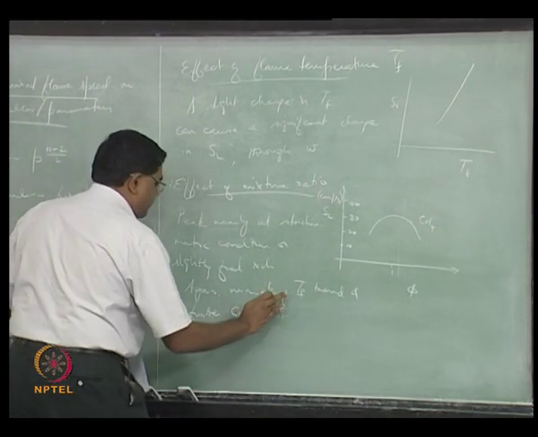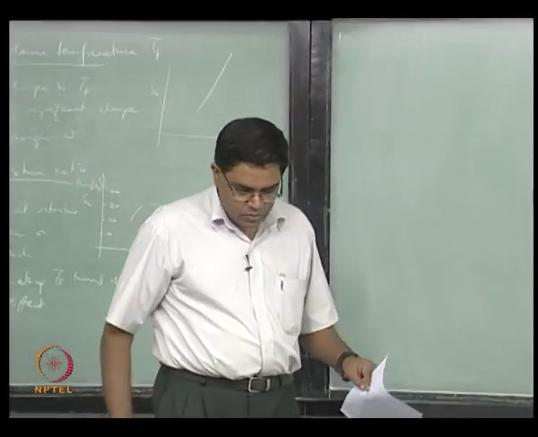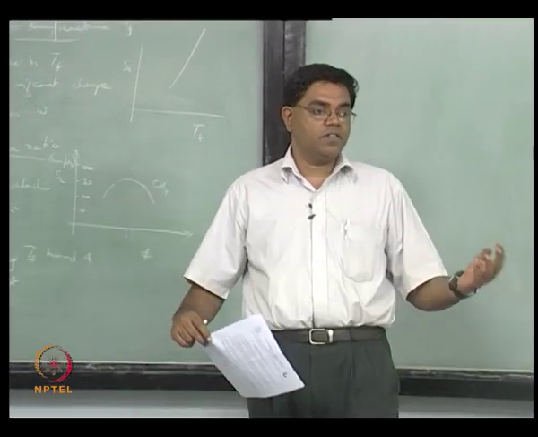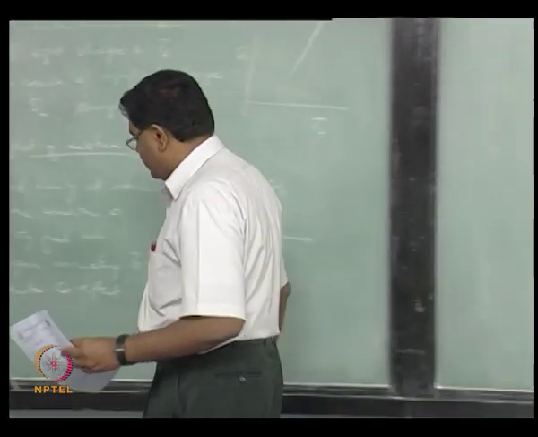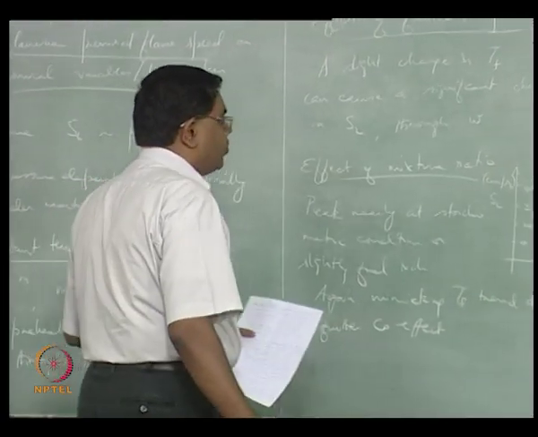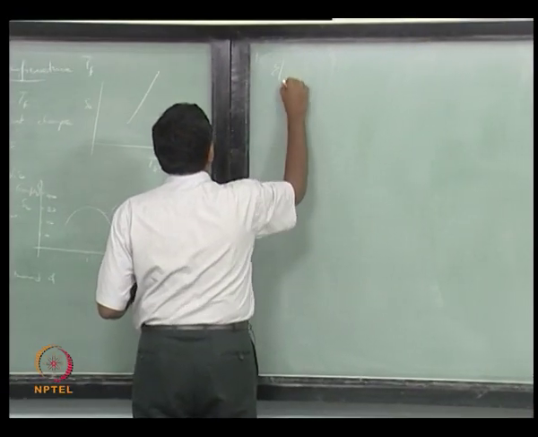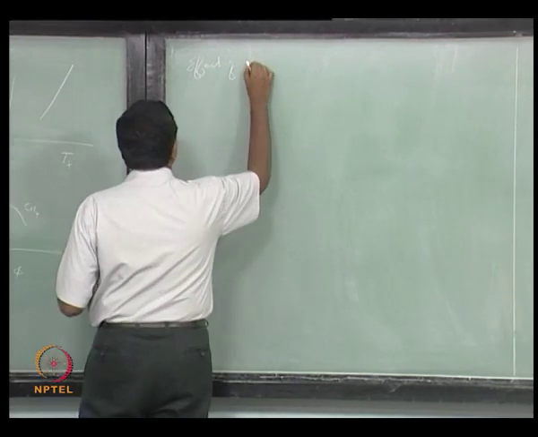We will look at the CP effect directly right away. That means we want to keep the TF constant and see if we can vary the CP or so, that kind of thing. So let's just see how that can be done. So effect of alpha and CP,